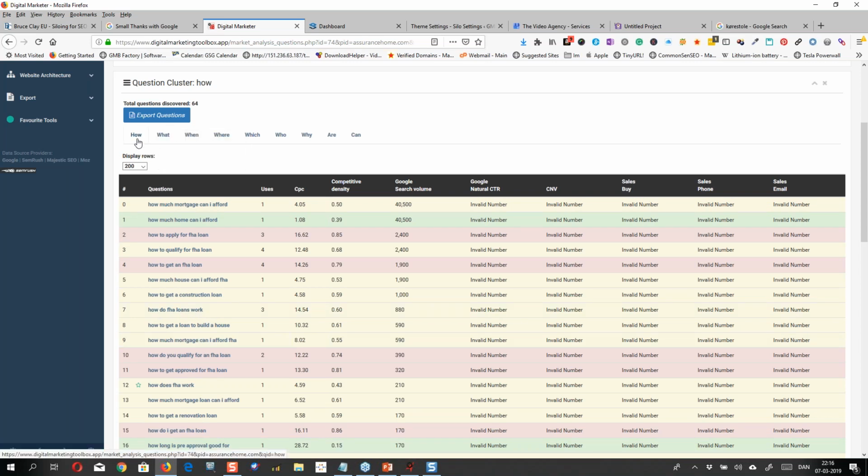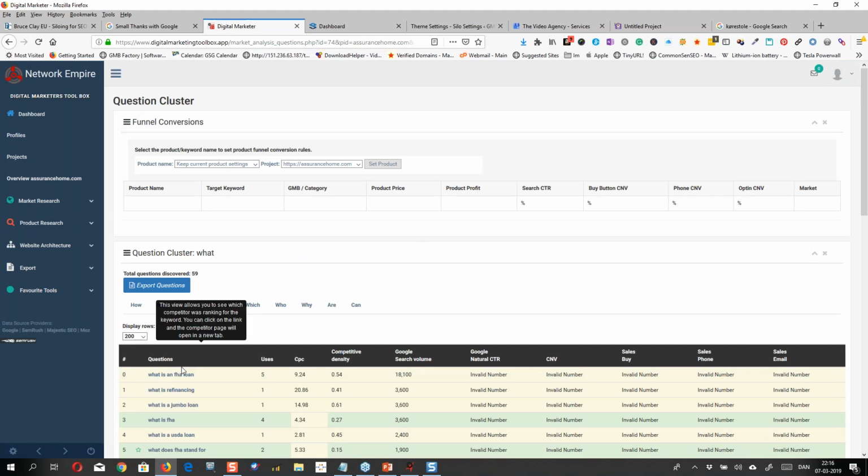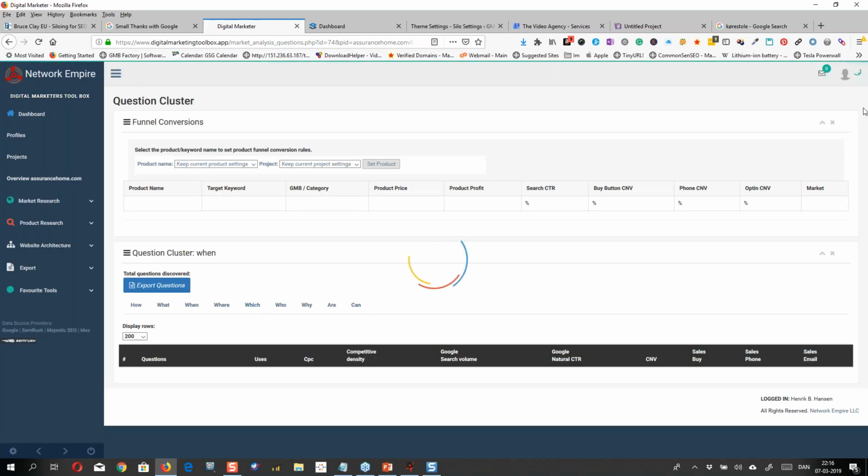If I go into the what section, you can see all the questions with what, when, where, which, who, and then. So that's a really, really cool tool to get an idea of what the industry, what the market is talking about, what's the language of your little